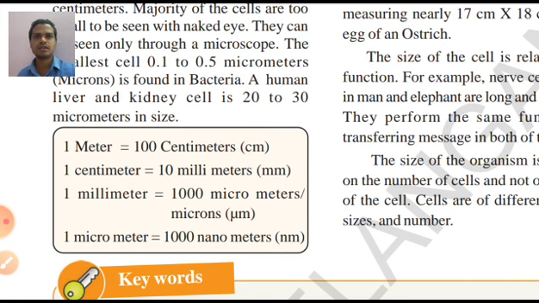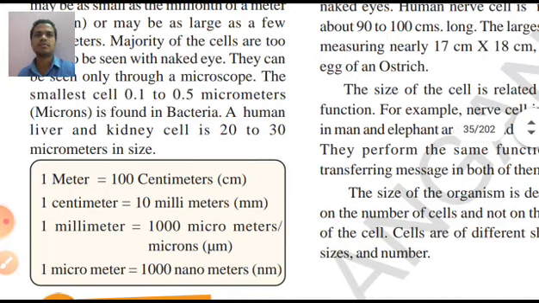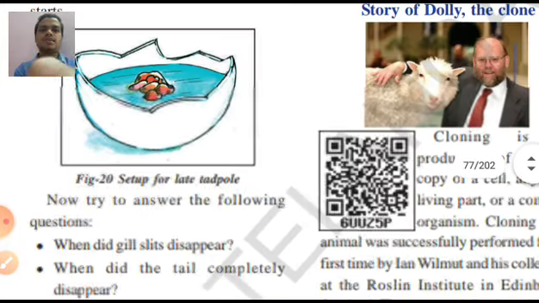Have you ever seen your scale, Nataraj scale or any other scale? Now if you see that scale, if you find a small line in that centimeter line, and you convert that small line again into 1000 parts, then that one portion is called a micron or micrometer. That much small are the bacteria and viruses. Okay.